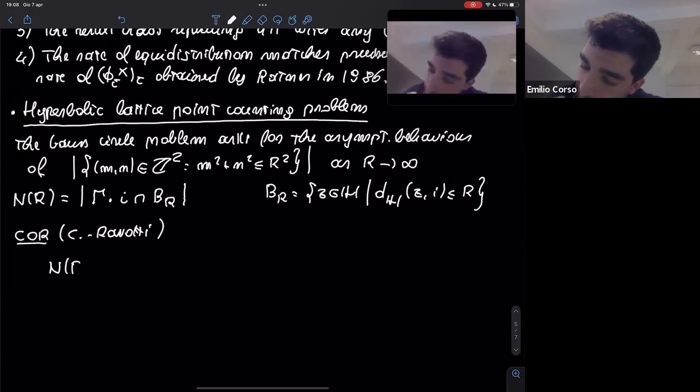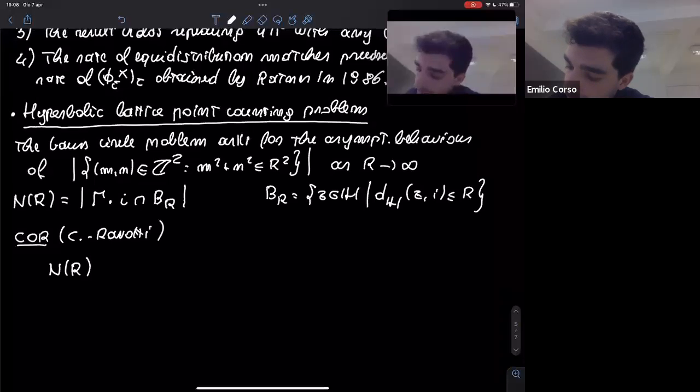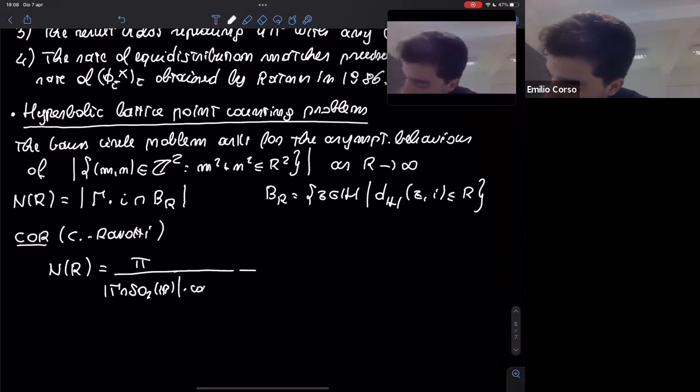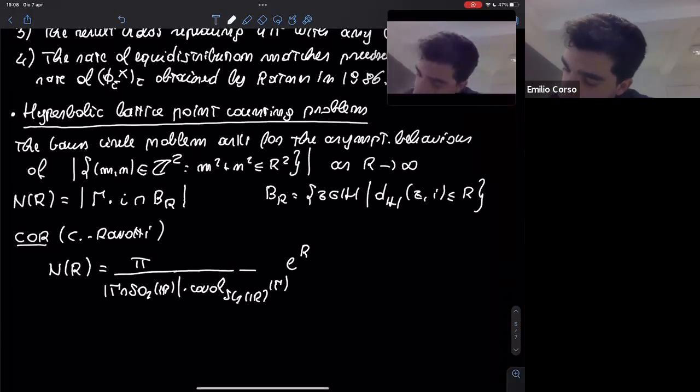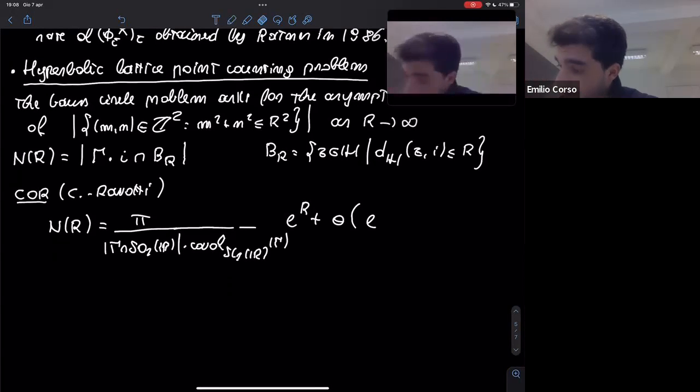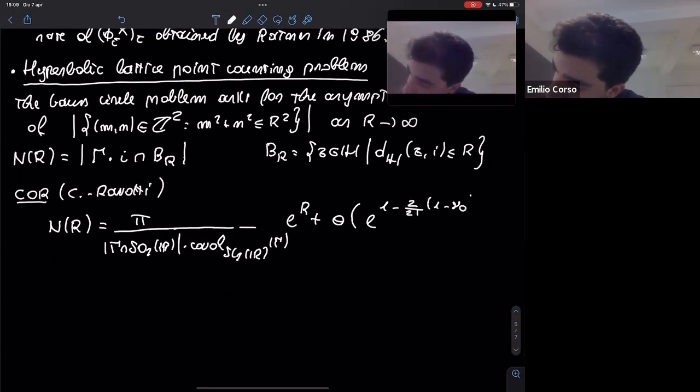the number of lattice points inside the ball of radius r is, well, first comes the main term, which is pi over, there is a normalization, which is the cardinality of the intersection of gamma with SO2r, times the volume, say the co-volume, in SO2r of gamma. And then the main term is exponential, just like the growth rate of the balls. And then the error for us is a little o of e to the, well, I have a certain power of r, which is of the following form. So 1 minus 2 over 21, 1 minus, and there is a parameter which I have to explain, mu 0 plus epsilon, all this multiplied by r, and this for any epsilon bigger than 0, where,